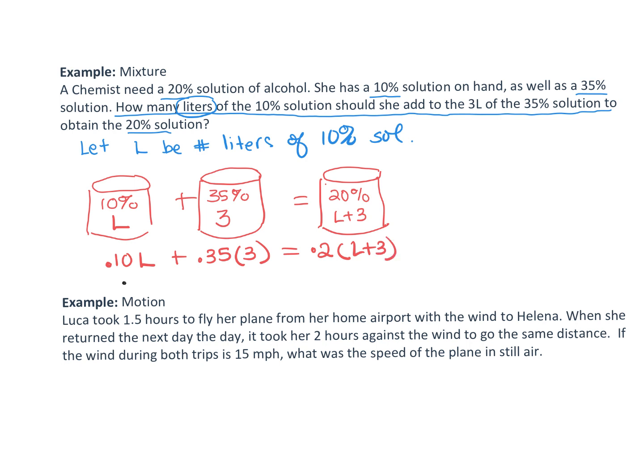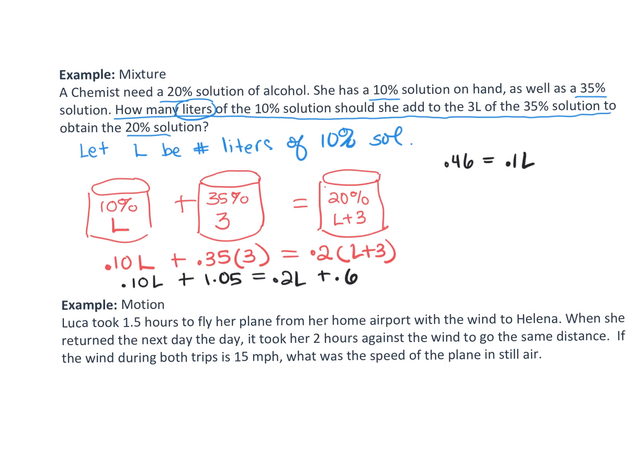So we have 0.10 L plus 0.35 times 3, which is 1.05, equals 0.2 L plus 0.6. So subtracting 0.6 and also the 0.1 L, we get 0.45 equals 0.1 L. We're going to get L equals